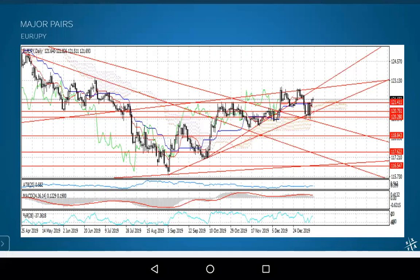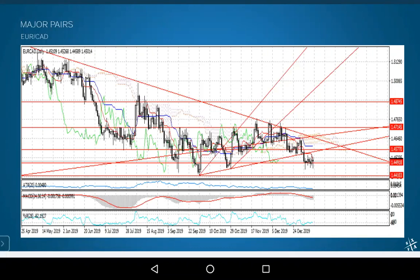So these things will continue to happen, but we will be taking trades as cautiously as we can, where the odds are as much in our favor as possible. This one so far hasn't worked out. The trade was still open last time I checked, so it may turn around, but at this point I've pretty much written it off. Our next chart is going to be the Euro Canadian,